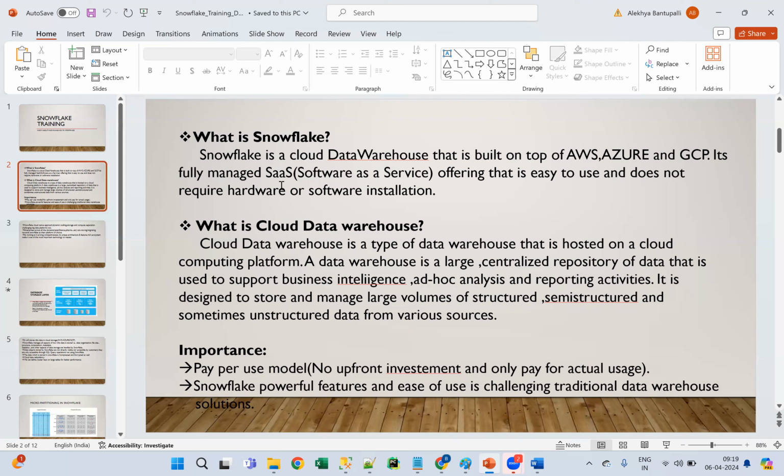But when coming to SaaS, guys, in Snowflake we no need to install anything. If you want to use Snowflake, you don't need to do any kind of installations, whether software or hardware. We just need to create an account and log into it. That's it. That is called software as a service. That is SaaS based.